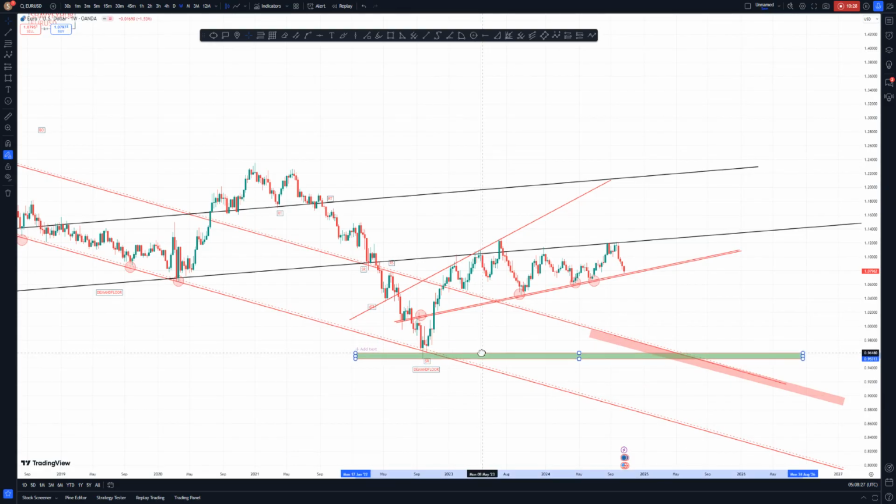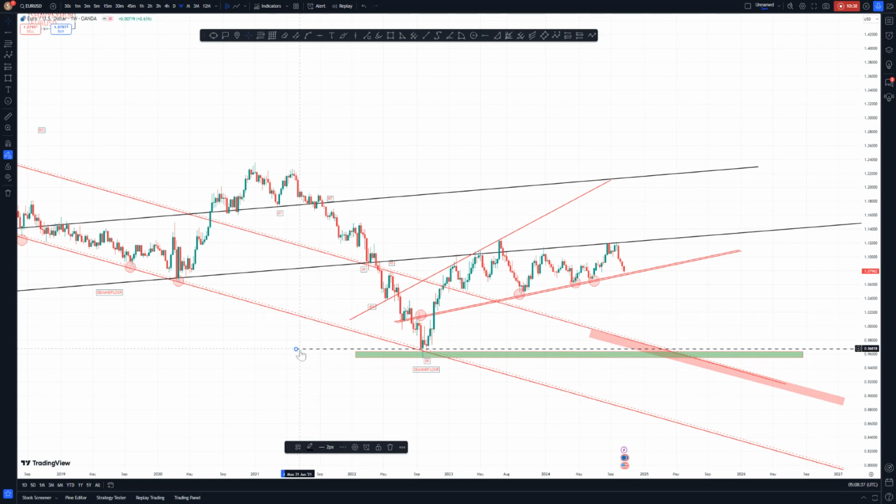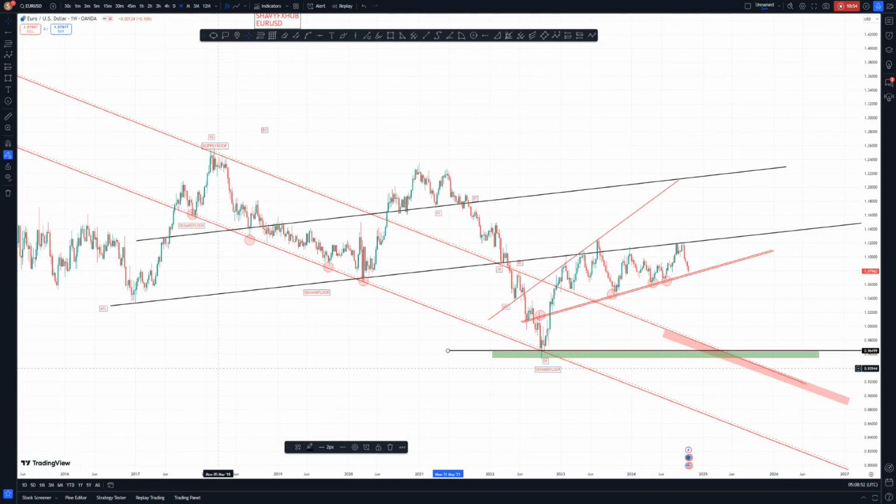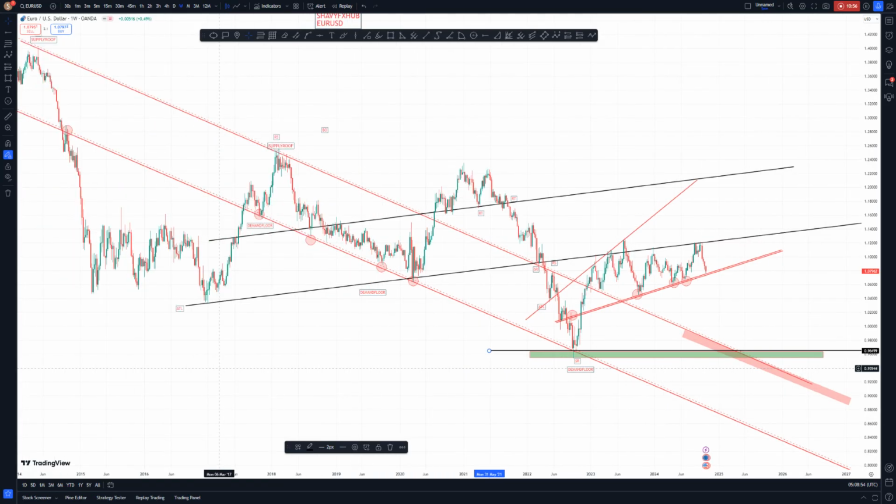So this is the box. If we expect price to come into here, that will be double confluence. This is also possible. Don't rule it out. Nothing is impossible. So price can come into this zone and give a buy trigger. But at the moment,